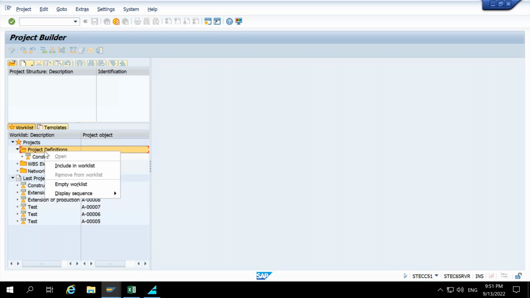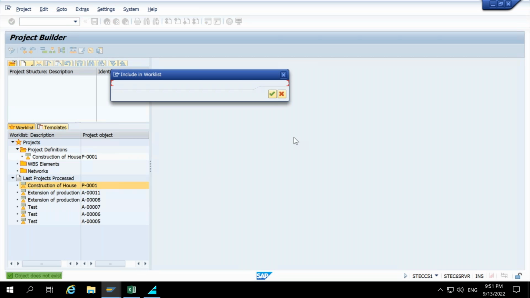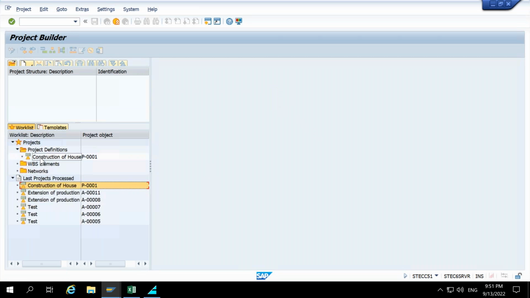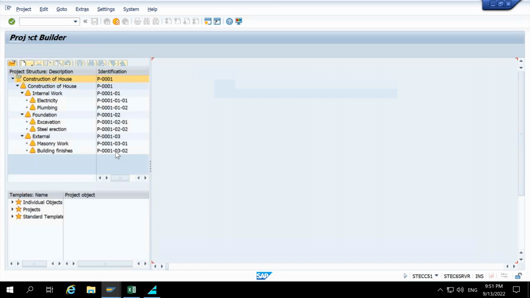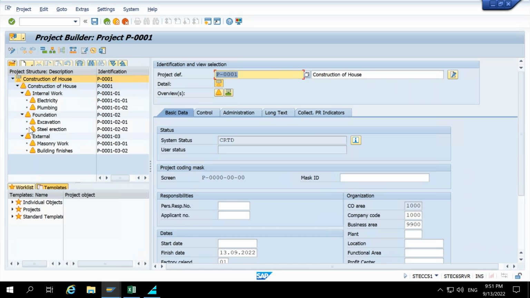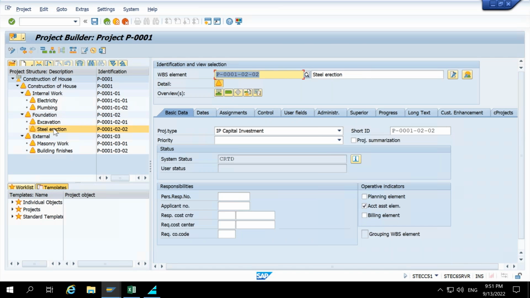In the same way, I can click on that project definition and again click on include in work list. Based on that, you can do it. And also, if you open that project, let's say I have opened that project again, P0001. Now, instead of the full project, I just wanted to add this steel erection WBS element as a favorite. So what I will do, I'll select the steel erection